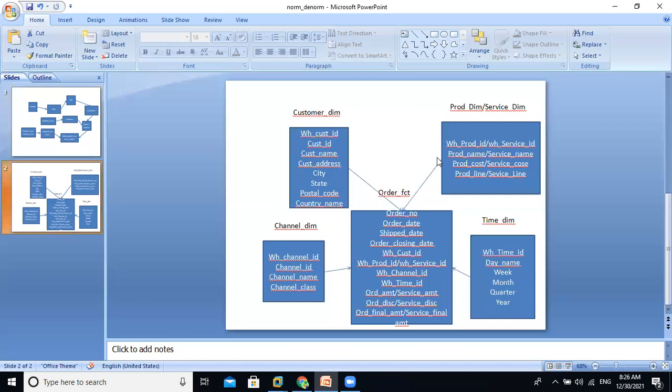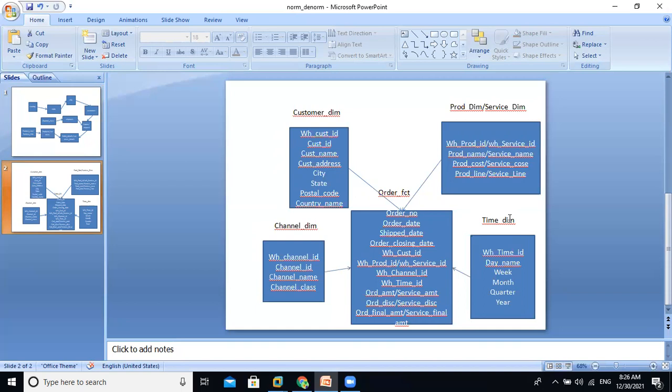So this is for OLTP, and this is for OLAP, the data warehouse. These are called dimension models. See, this is the fact table. This fact table is surrounded by multiple dimension tables. Okay, here this dimension model is denormalized. ER model is normalized, dimension model is denormalized. In this dimension model, dimension tables are denormalized and the fact table is normalized. Okay, it is a normalized fact table. These are all denormalized dimension tables.